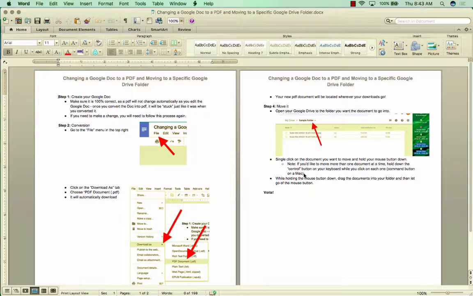So today I'm going to show you how to change documents that are from Microsoft Word or Google Docs into PDFs. So here is my Microsoft Word document, and to change it into a PDF document, I am simply going